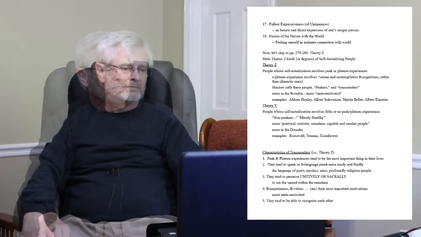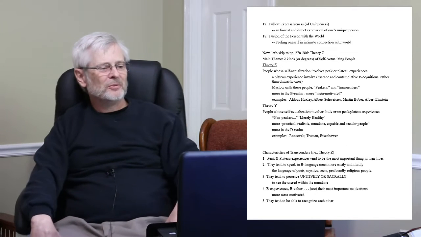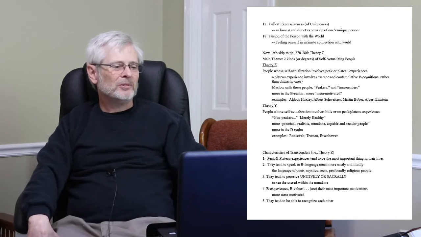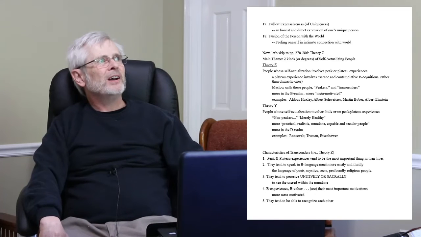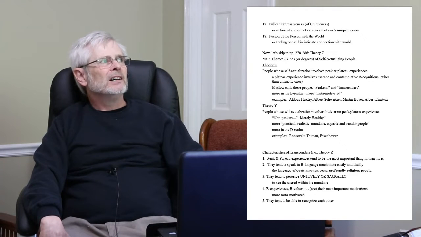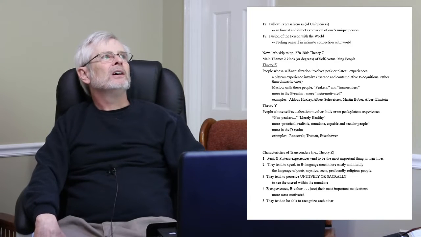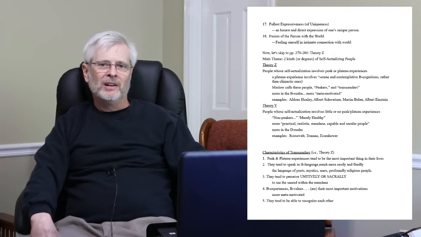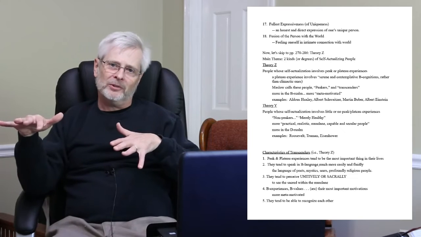Okay. So number 5 may seem to be a little bit creepy when you first read about it. Number 5, these Theory Z people tend to be able to recognize each other. So to bring this down to earth a little bit for you, let me give you an example that maybe you've experienced in your own life. Have you ever realized that as you move through your life, you're actually part of 2 families at the same time? First, there's the obvious family, right?